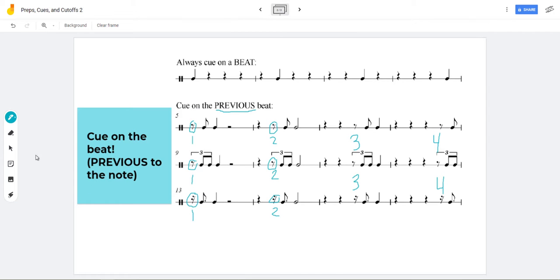Now, we can go through and think about, now that we know the rule, we know which beat we're going to cue, then we need to figure out where we're going to prep. So the prep is a previous beat here. Whoa, sure, big prep. Prep on 1 for 2. Prep on 2 for 3. Prep on 3 for 4. So I'm going to go from the top,